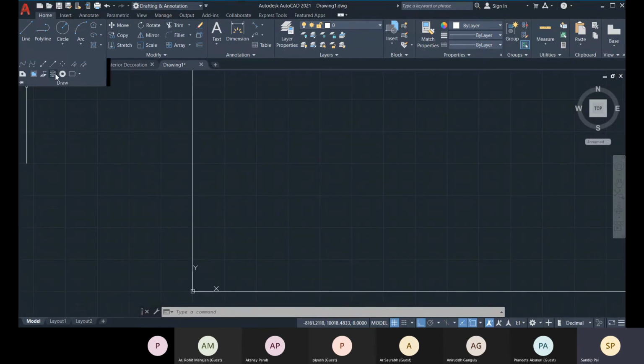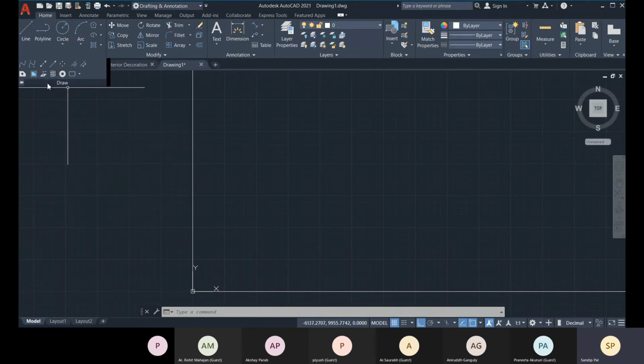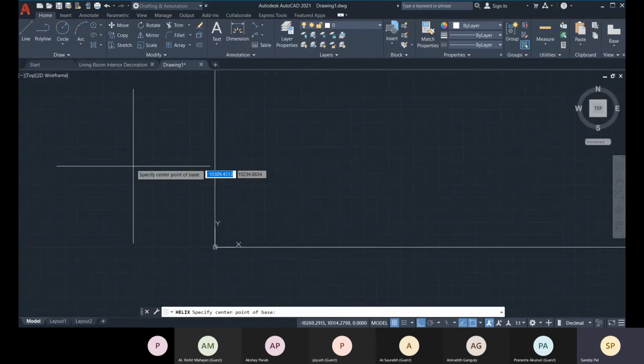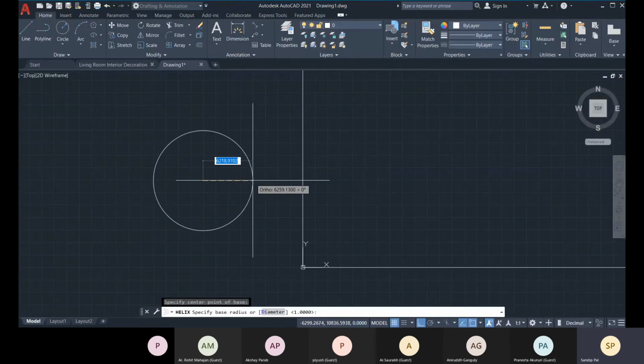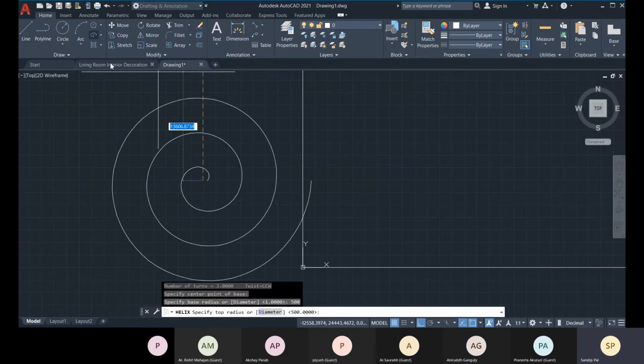Next we have some other objects like helix and donut. Those are very useful if you are working on mechanical parts, if you are creating 3D mechanical parts, as they will help you to have those threads. So those kind of objects can be created with helix. It's a spiral object. It needs the base radius to be defined first. So you can define the base radius, that is 500, and the top radius.